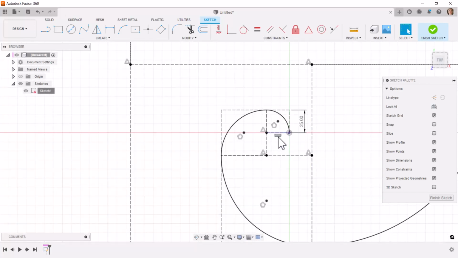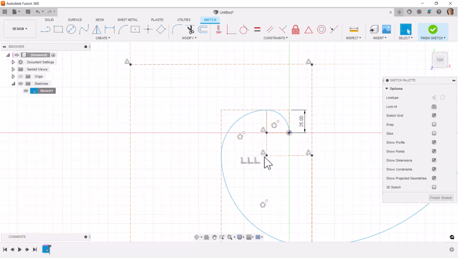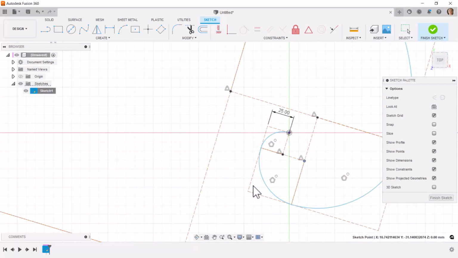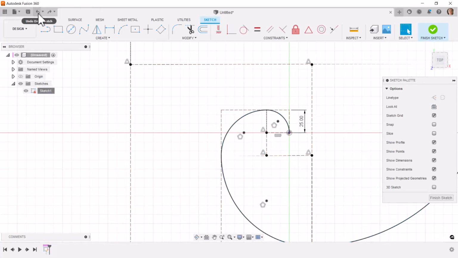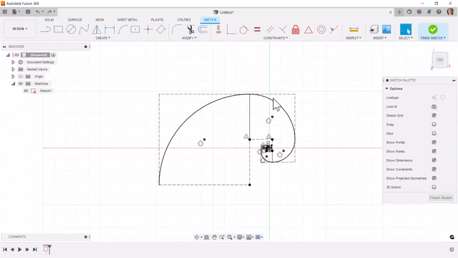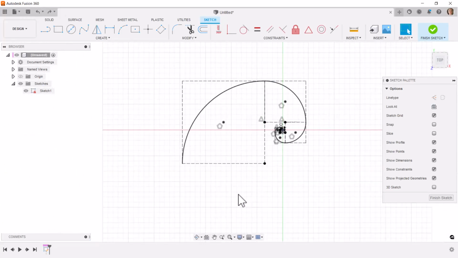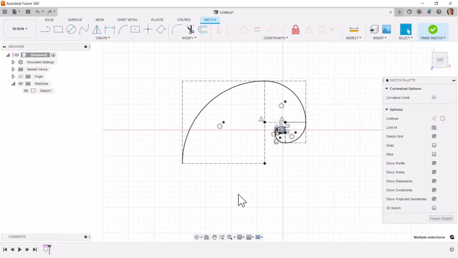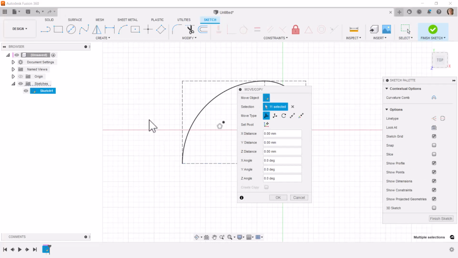If I wanted to rotate this, I could delete this horizontal constraint, and then I could rotate this some angle, and I could put in an angle dimension if I so desired. I'm going to go back to where it was. Let's say I wanted to add a couple more to this, so I'll Control V again, and